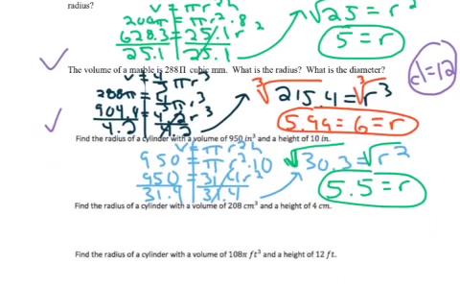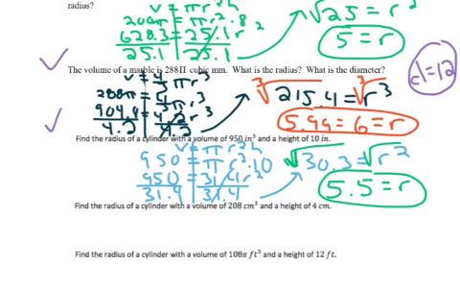Next problem. I was dealing with a marble, so that is the shape of a sphere. So I used the formula for a sphere. I plugged in the volume, which was 288 pi. I simplified 4/3 times pi, which was roughly 4.2. And I also simplified 288 times pi, which is roughly 904.8. I then isolated r, so the opposite of multiplying is dividing, so I divided both sides by 4.2, and I